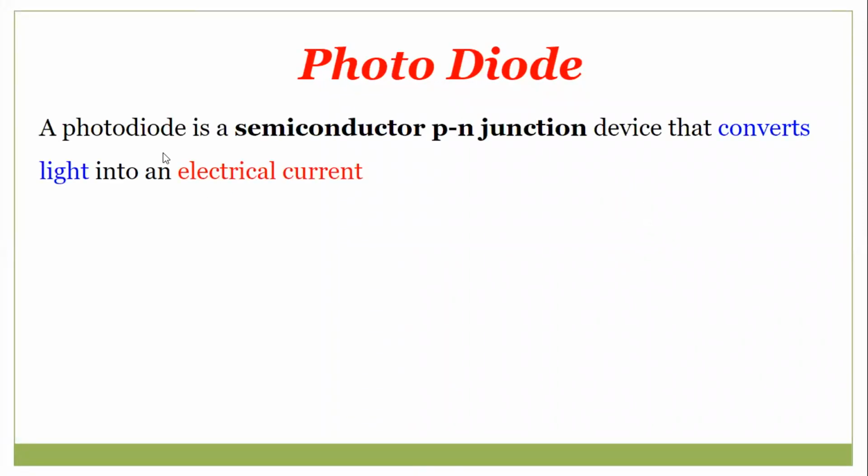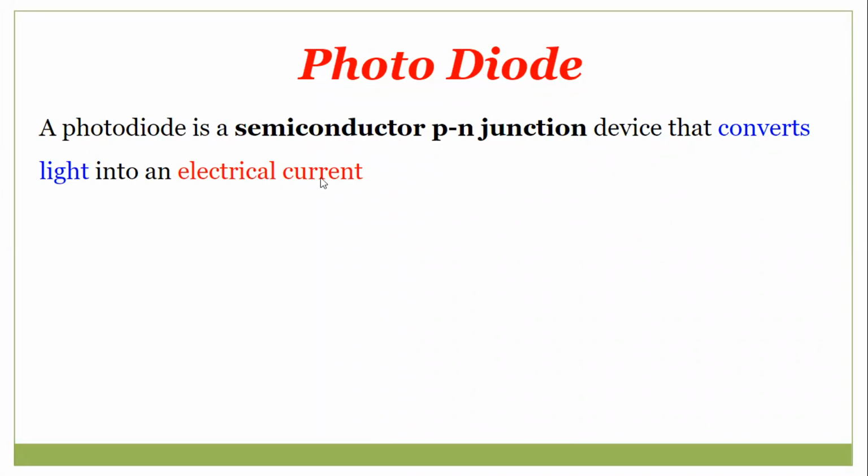I'm going to explain the concept called photodiode. First, understand what you mean by photodiode, what the application of photodiode is, where we are using this photodiode, and how the photodiode works. If I proceed with the definition of photodiode, a photodiode is a semiconductor PN junction device that converts light